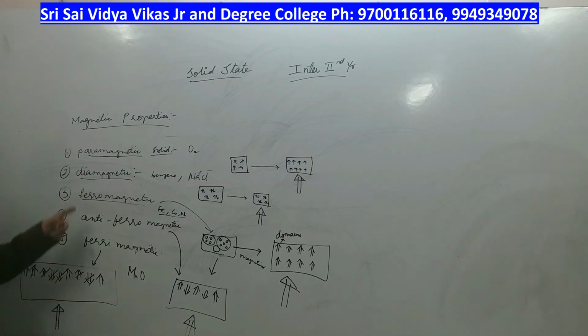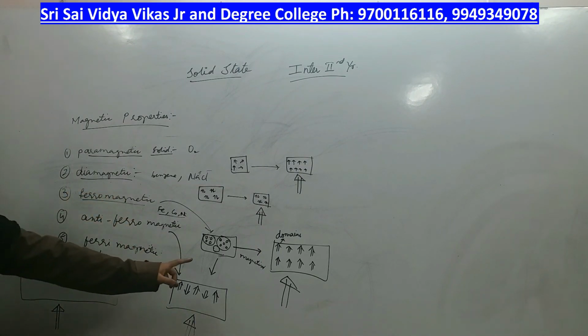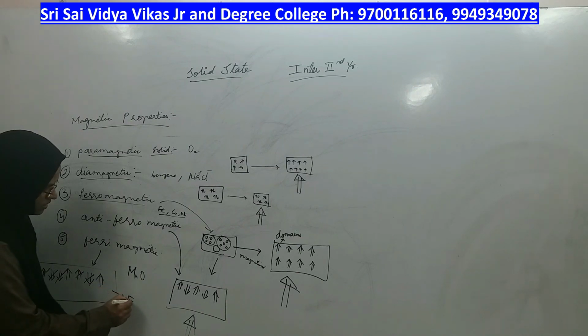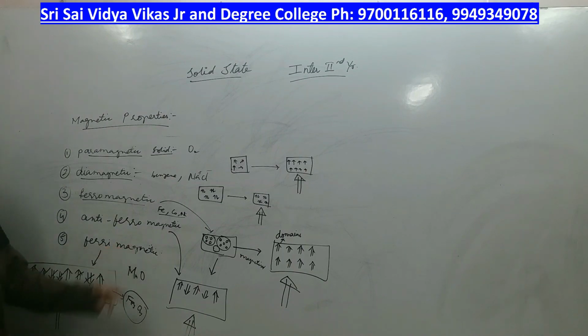Therefore, the difference between ferro and ferri is, in the ferromagnetic compound, all the domains are arranged along with the external magnetic field. Once magnetized means permanently magnetized, but a ferrimagnetic compound, once magnetized, doesn't mean they are permanently magnetized. After the removal of the external magnetic field, they will go back as paramagnetic substances, or even if you heat ferrimagnetic compounds, they will go back as paramagnetic compounds. Example is ferrite, magnetite, like this, Fe3O4. Such types of compounds show ferrimagnetic nature, right.